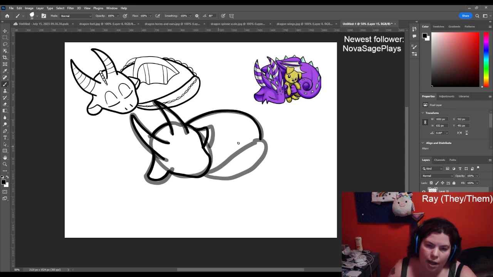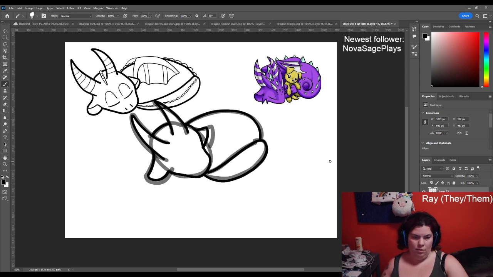There we go, and now we just have to draw this tail in here. So I purposely have the tip of the tail covered because then I don't have to make a decision fully what the tip of Paprika's tail looks like until we do a design where Paprika has the tail out. So we got Paprika's, there we go. I think that is looking decent, so we're gonna just get rid of our